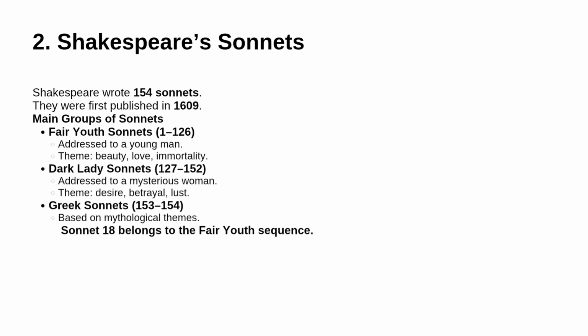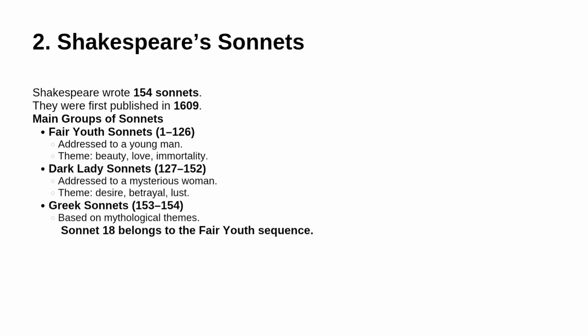Now let us understand the sonnet tradition of William Shakespeare, which forms an important part of his literary achievement. Shakespeare wrote a total of 154 sonnets, and these poems were first published together in the year 1609. The Shakespearean sonnets are known for the deep exploration of themes such as love, beauty, time, mortality, and the power of poetry. Unlike many earlier sonnets that focused only on romantic love, Shakespeare's sonnets often deal with complex emotional and